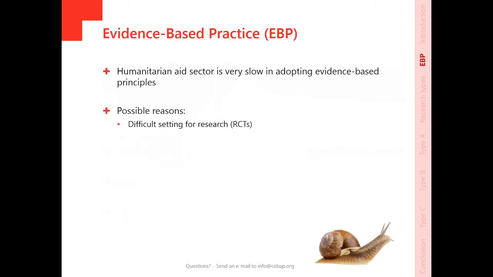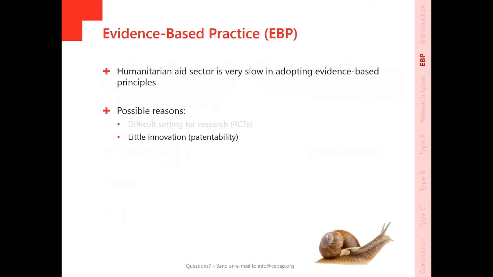First of all, humanitarian aid is a very difficult setting to work in from a scientific point of view. Understandably, when disaster hits, doing research does not feel like a priority. It might even be unethical to perform a randomized control trial whereby you divide an area into an intervention and a control group. And these circumstances make it very difficult to do scientific research. However, the key message that we want to give with this presentation today is that it is not impossible.